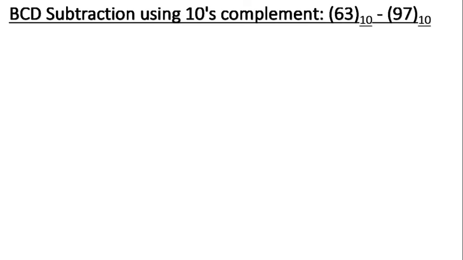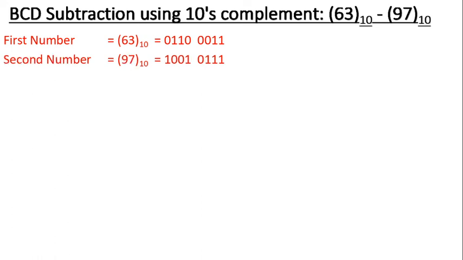Now next, the third example of BCD subtraction, which is the extreme example, and that too I want to solve by using the tens complement method. Here it is 63 decimal minus 97 decimal, and it is sure that the result is negative in this particular case. So we will proceed step by step. First is number representation. The first number, 63, is expressed in its BCD form on the extreme right. Similarly, the second number, 97 decimal, is expressed in BCD form on the right side in two nibbles.